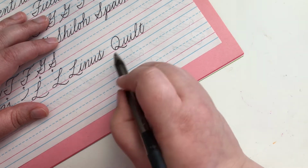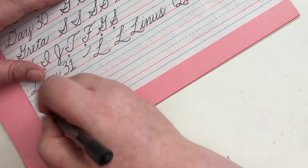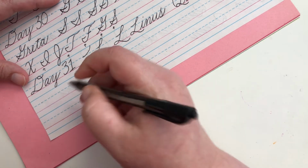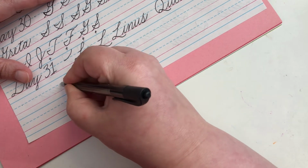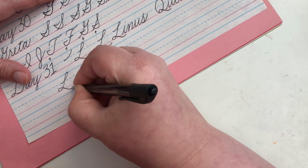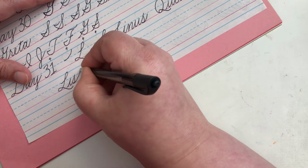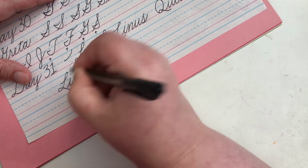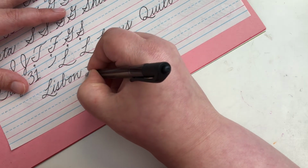When you have similarities in your letters, that's what makes your handwriting more pleasing to the eye. So the hardest part to remember is to start at the midline. Start at the midline and undercurve, loop, undercurve, loop, slant,